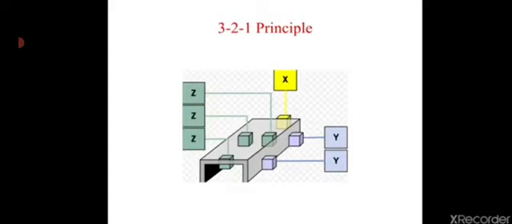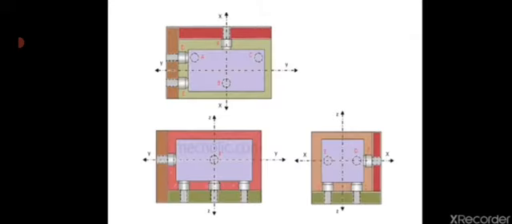Here, the workpiece must be accurately and positively fixed in a jig or fixture, where the movements of the workpiece in any of the 12 degrees of freedom must be restricted. For that purpose, a total of 6 pins are provided: 3 in the Z axis, 2 in the Y axis, and 1 in the X axis. The diagram clearly shows the